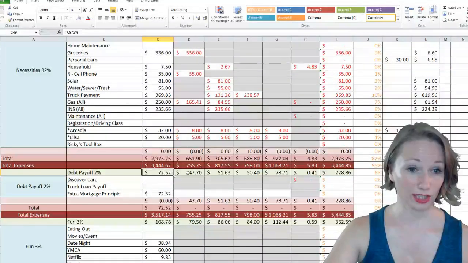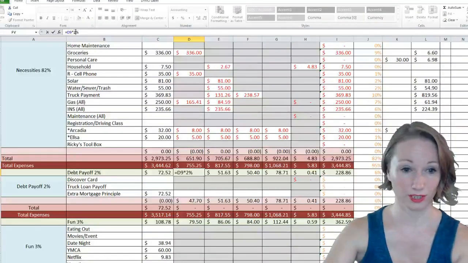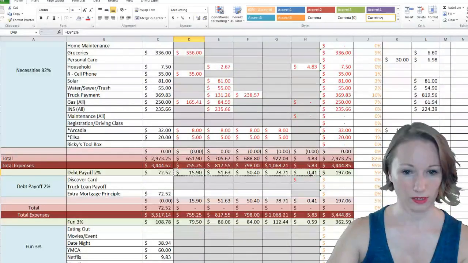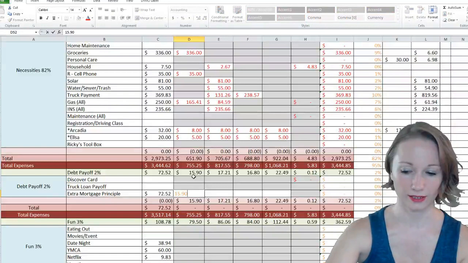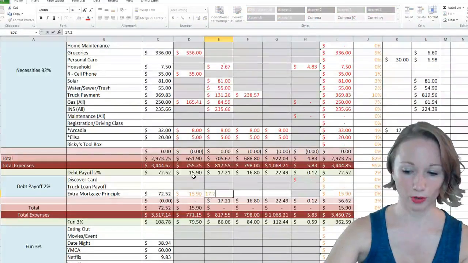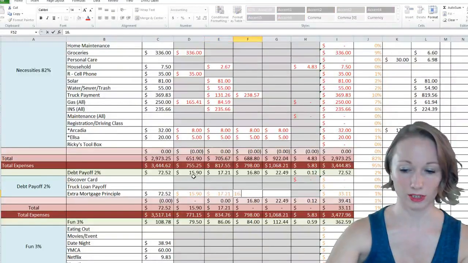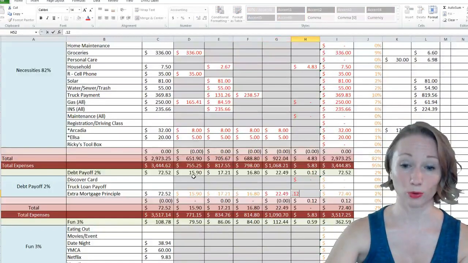So I'm going to make sure I change that this is updated. So see here I had 6%. We're going to change that to the 2%, and we're going to drag this across. All right, so there we go. So we're going to go ahead and see our numbers are here. So I'm going to plug that in, $15.90. And this just gets put aside until the end of the month, and then I schedule an extra principal payment